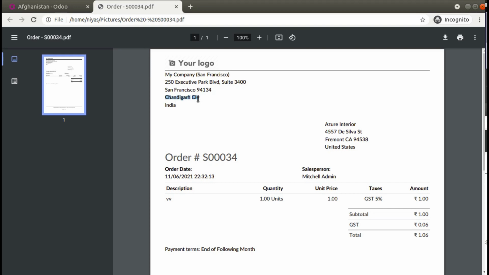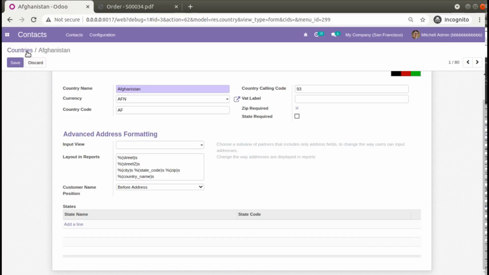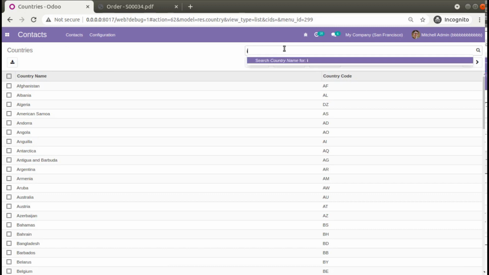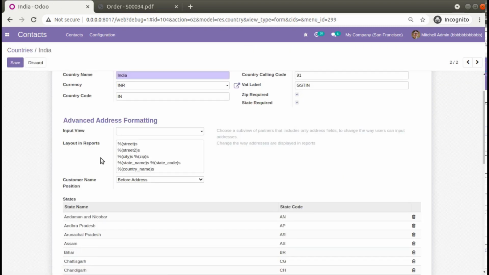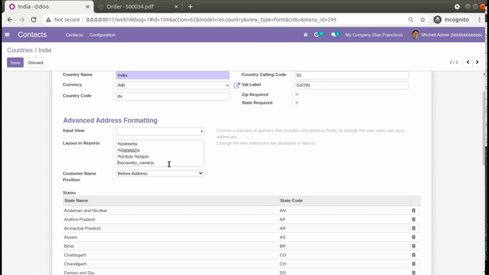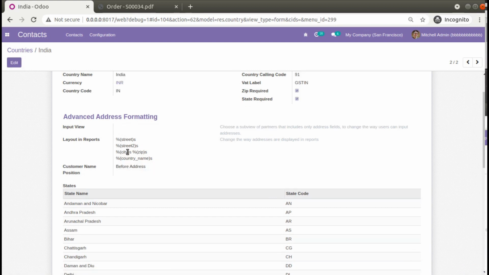What you have to do is open India from the country list, then edit and change the layout. Here you can see street, street 2, city, zip, state name, and state code. We are saying that in an Indian address we don't need state and state code, only street, street 2, city, and country name, and the customer name should be before the address.